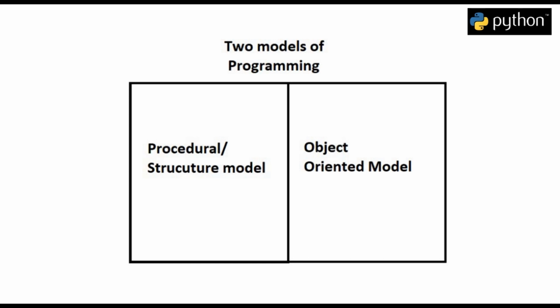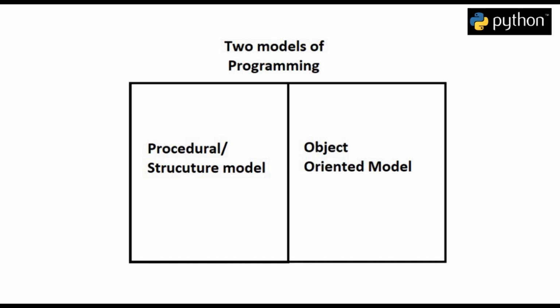To understand this, we have to understand the two models of programming, namely procedural programming and object oriented programming. Till now, as we were making progress and exploring the different concepts of programming, we usually gave a series of different instructions to our interpreter, and our interpreter executed them in their respective order. This model of programming is known as procedural or structural programming. It consisted of functions and associated methods as the center of our program.